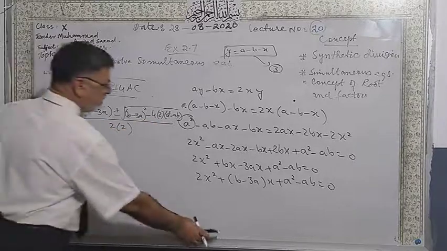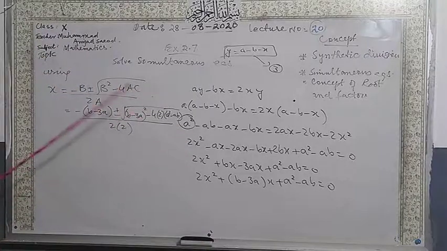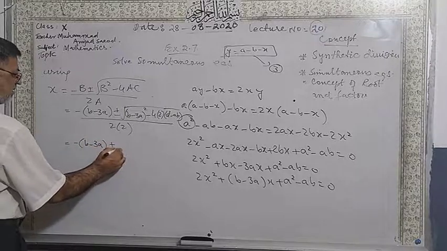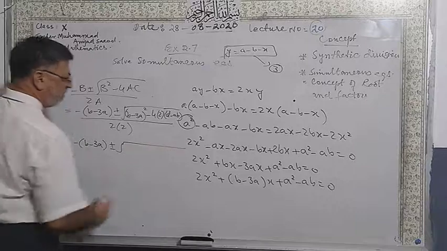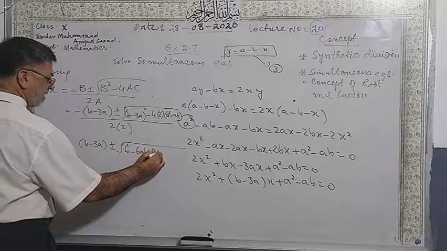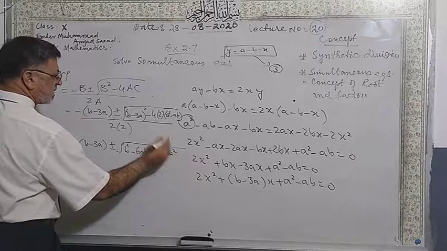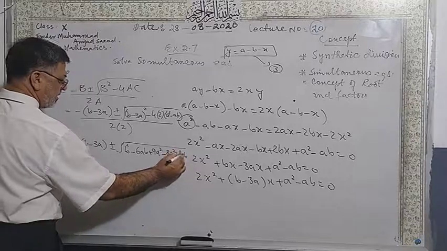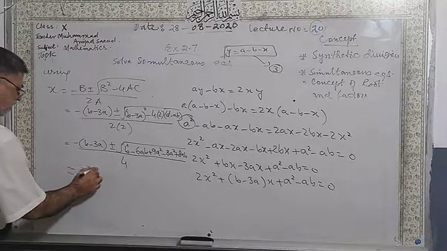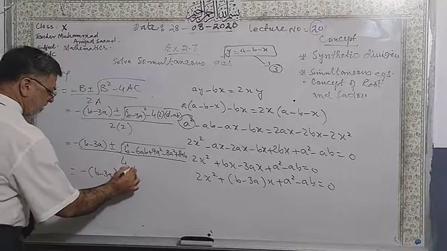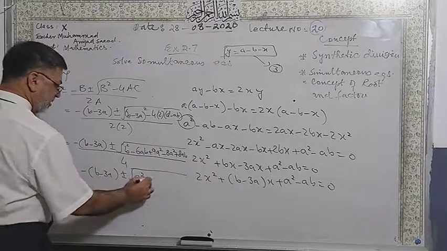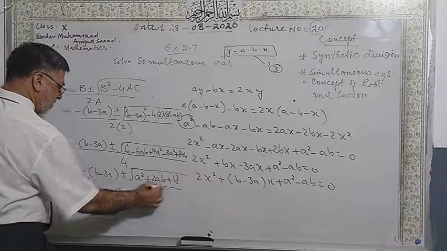I missed this one term, so that was the reason we could not find it. Actually, I knew what the terms must be. And at the end, this is b square minus 6ab plus 9a square minus 8a square plus 8ab. Yes, here will be 4. Dear students, this is minus b minus 3a plus minus square root of 9a square minus 8a square is a square plus 2ab plus b square over 4.